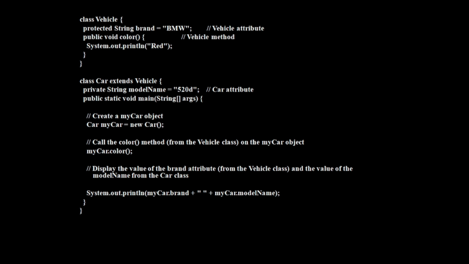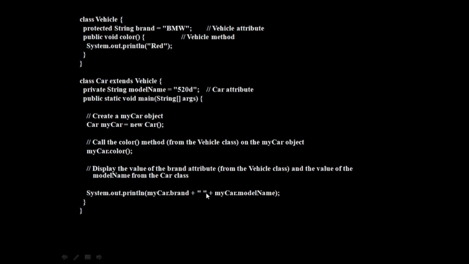So vehicle model name is residing in the car class only, but vehicle brand is residing in the vehicle class. So we need to call it by using the object name. So System.out.println(myCar.brand). So it will be fetching the value brand BMW from the class vehicle, plus double quote inside that a